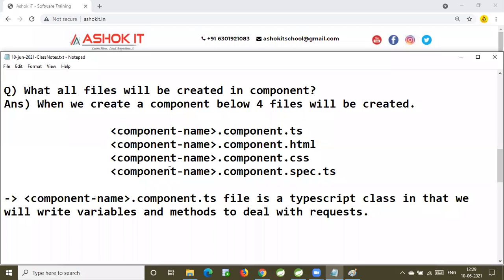In that, we will write the variables and methods that are going to deal with data. We'll write the properties to store the data, and methods to deal with the requests.